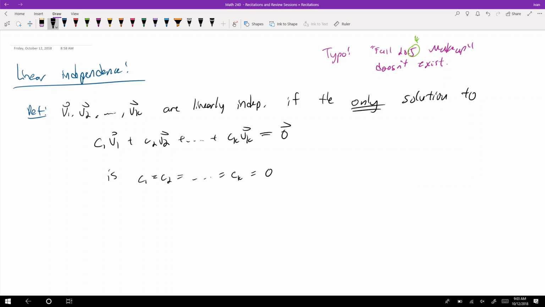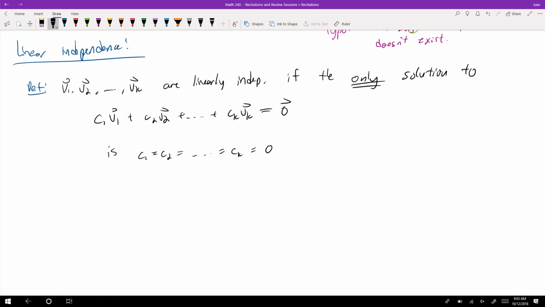This should seem familiar. That's just the standard definition of linear independence. In other words, i.e.,